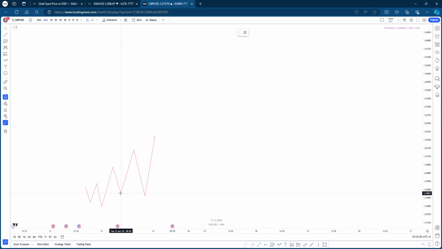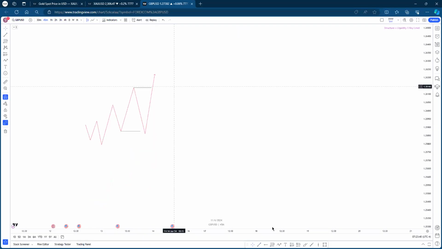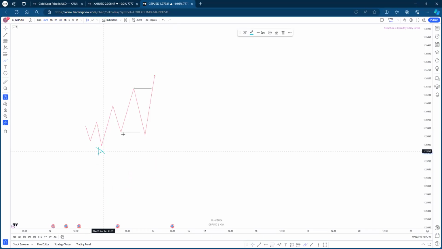So when we talk about a defined range, some of you that are very active on social media will hear what they call ABC. What the word ABC means is a simple term. Here, this is the A leg, this is the B leg, and this is the C leg. The A leg is your strong low, because the A leg swept liquidity